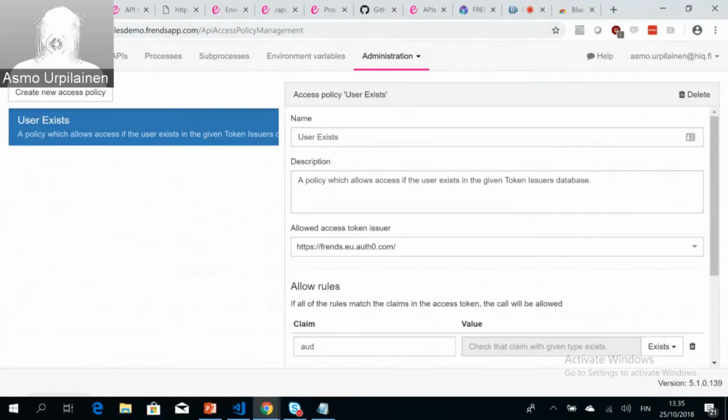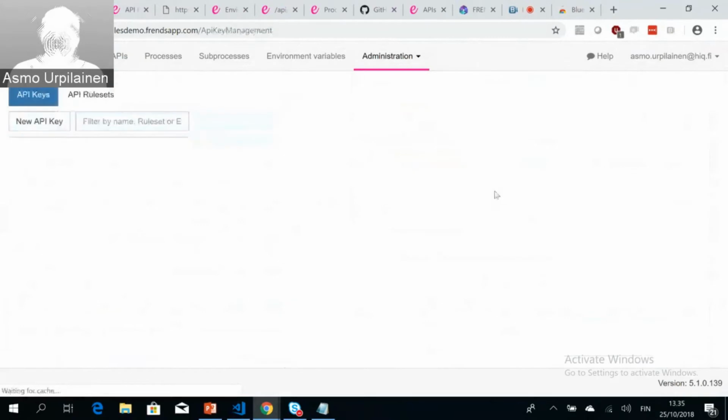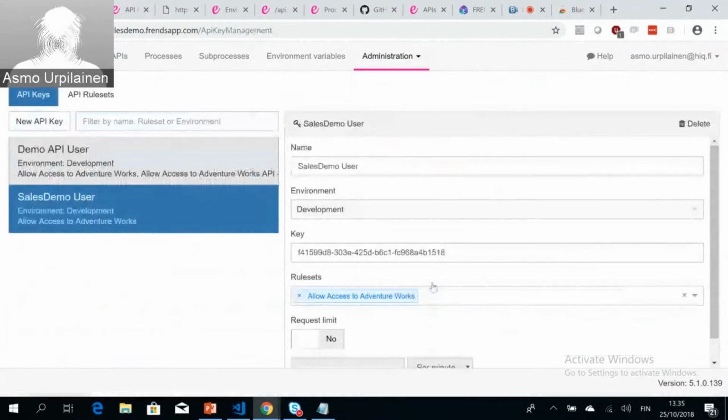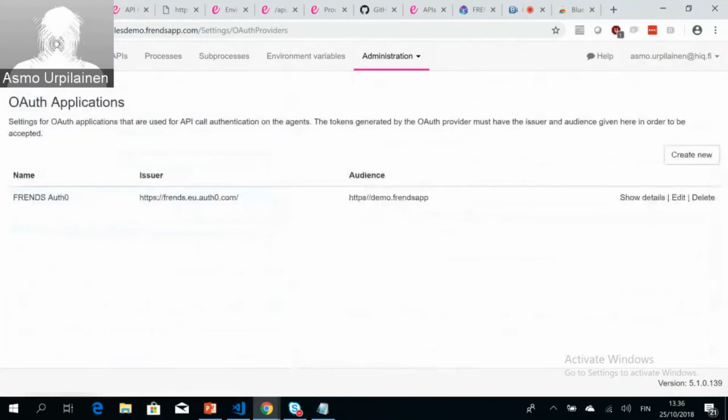But the main other authentication method used would be the OpenID Connect and OAuth 2 token-based approach, where rather than store and create the different API keys and rule sets directly here in Frends, we are now linking to a third-party identity management system. So this might be your Office 365 account or your Azure Active Directory account, or in our case, Auth0, which is a third-party authentication provider,